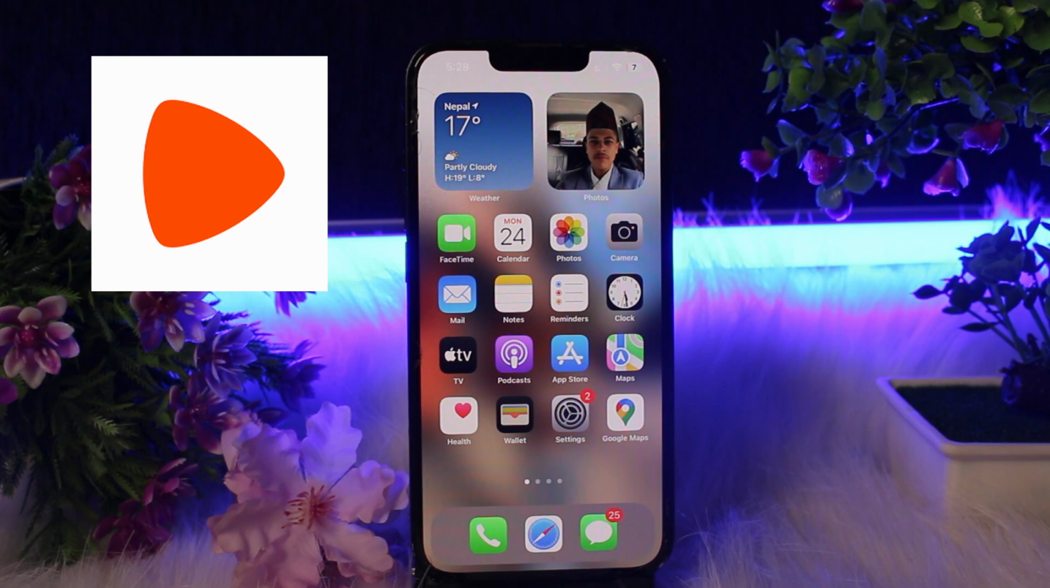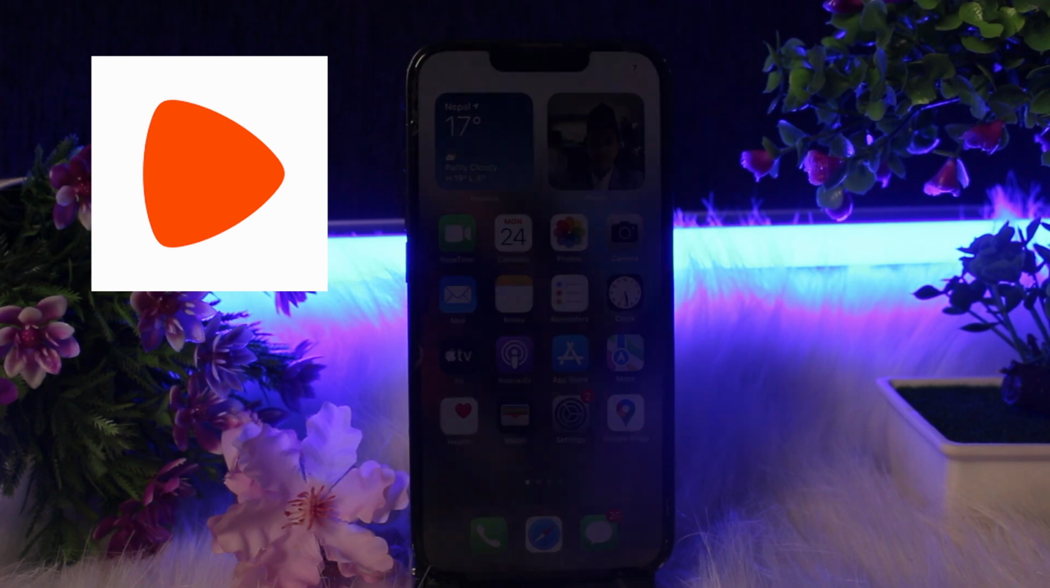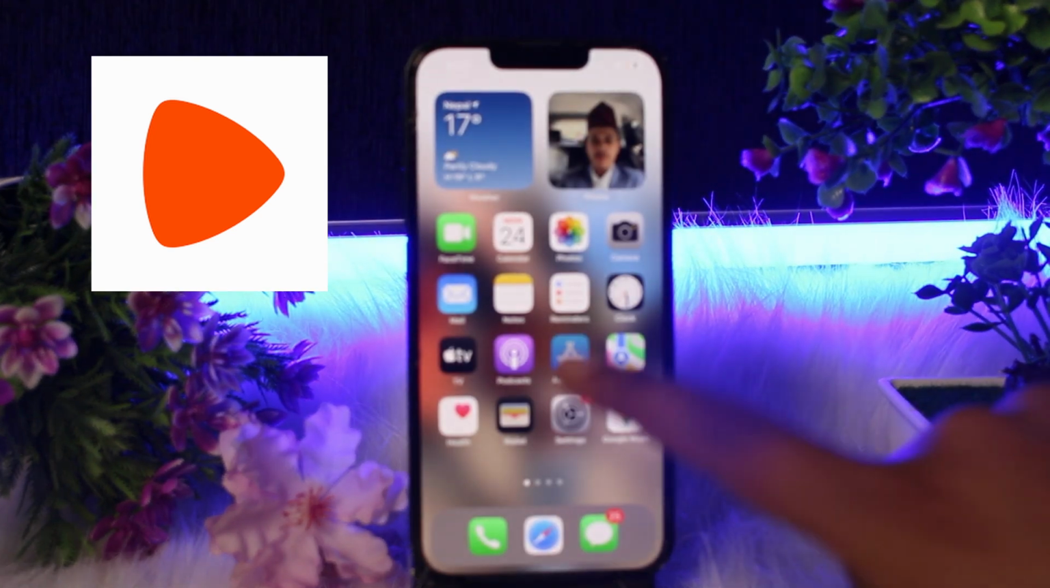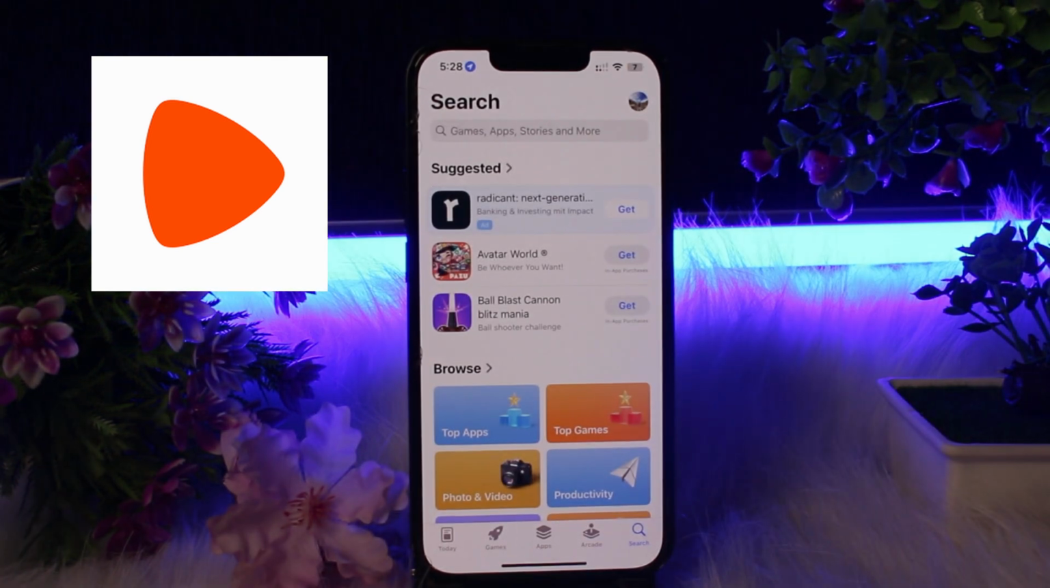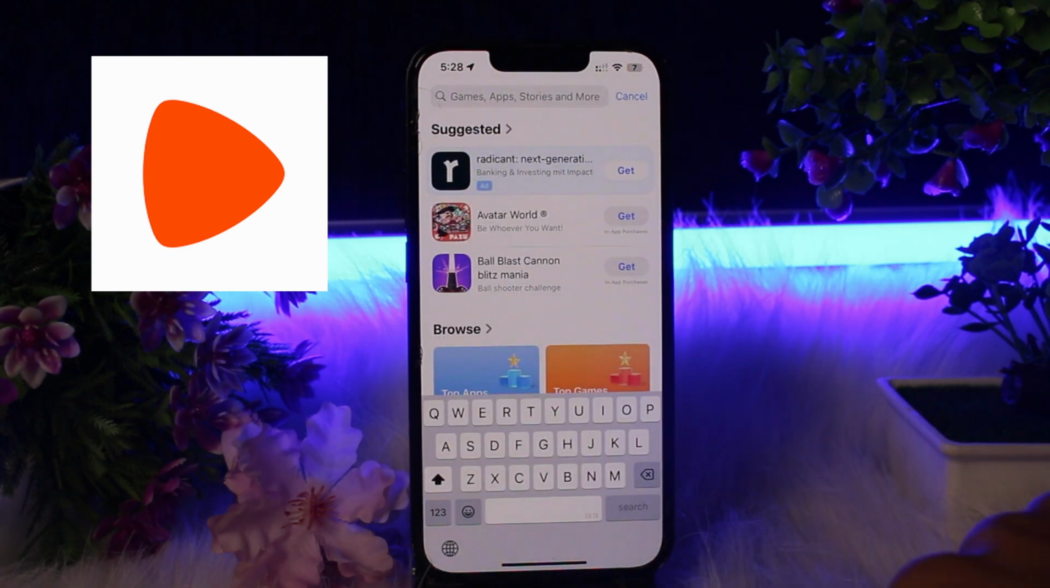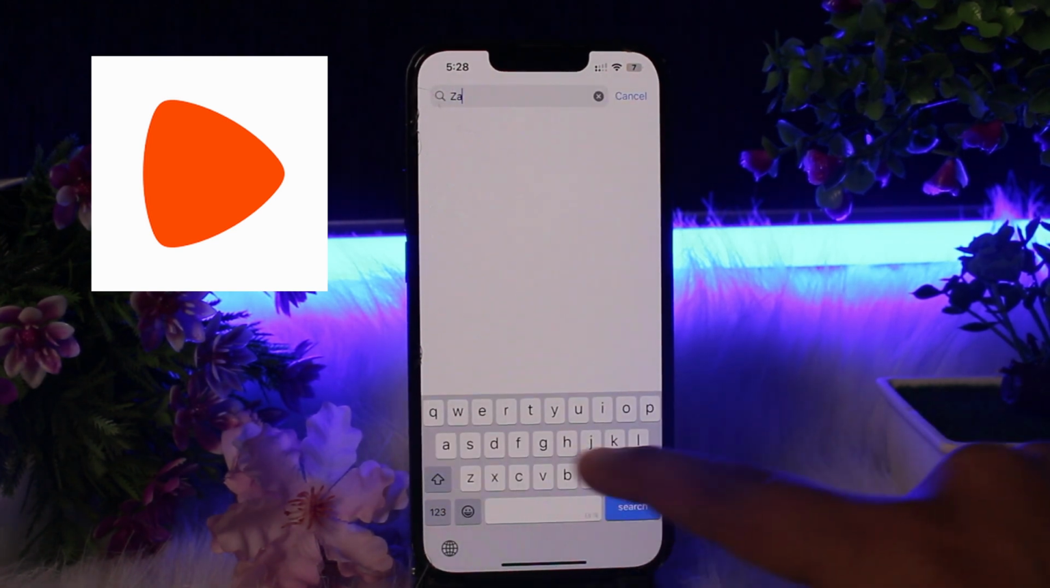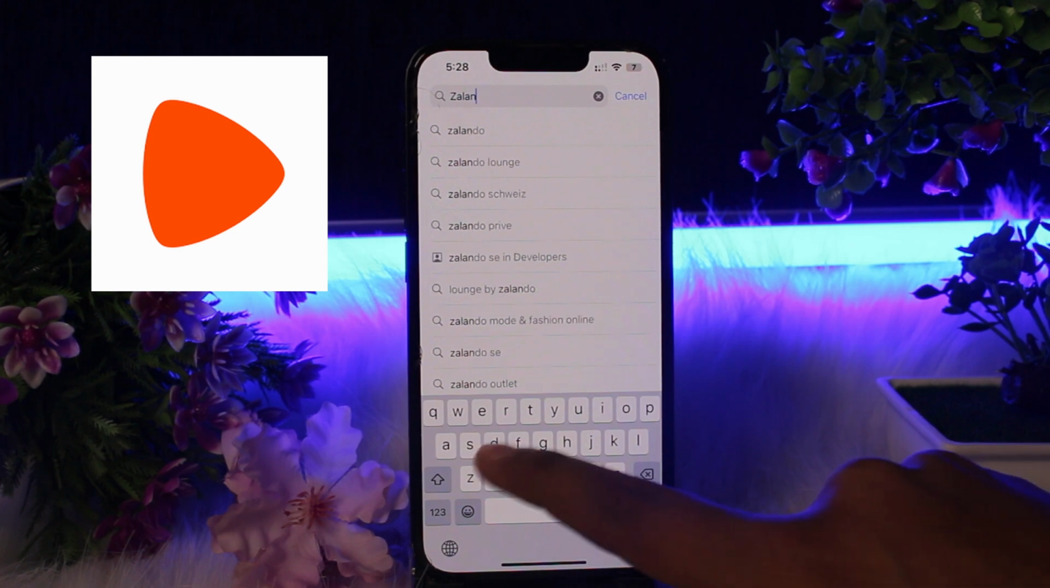So let's get started. Now to install the Zalando app, you may simply open App Store or Play Store on your device. So simply open the App Store. So this is the App Store homepage where you'll see various options on the bottom taskbar as well as the upper taskbar. So click on the option of search and there you may simply search it Zalando,